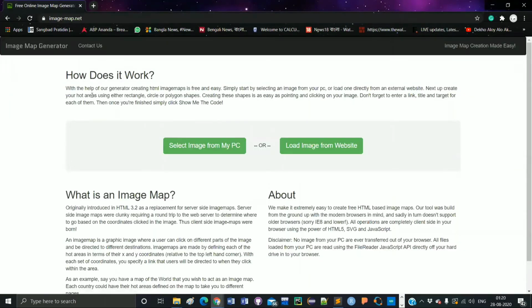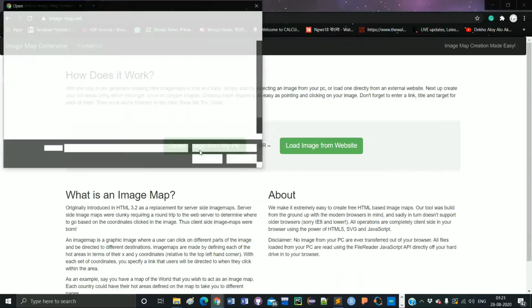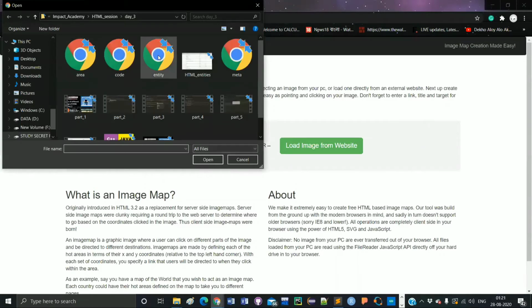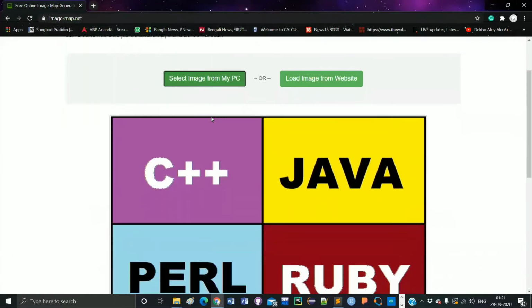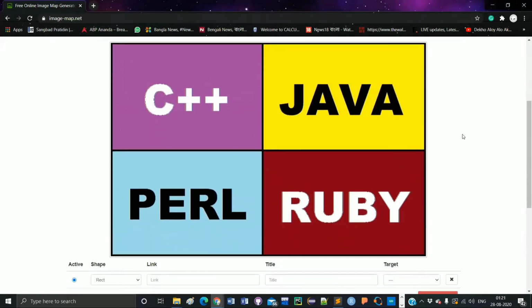This is a good website to understand this area tag. Here is the option, select image from my PC. I am going to click this, and now I am going to select this image.